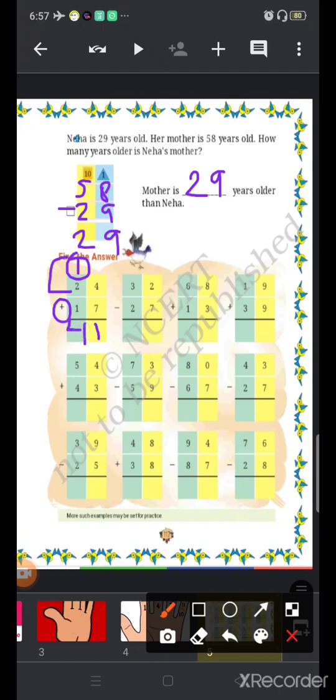Now the next is also addition. So first we'll add ones place and then we'll add tens place. What number is given in the place of ones? 4 and 3. Which number is bigger? 4 is bigger. So from 4 onward, we have to count 3 more. Start counting after 4: 5, 6, 7. Now we'll write here 7.